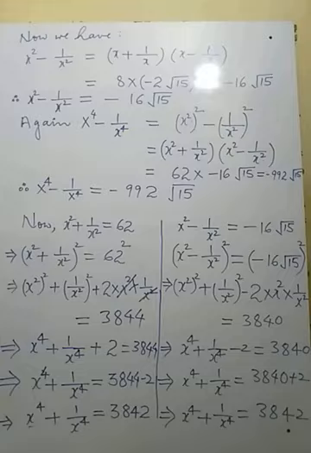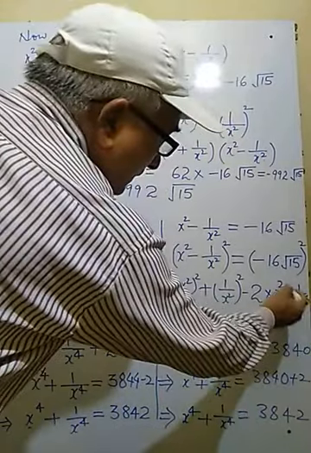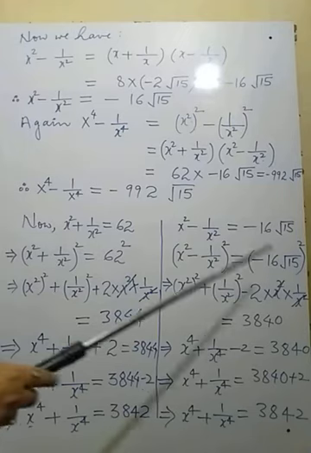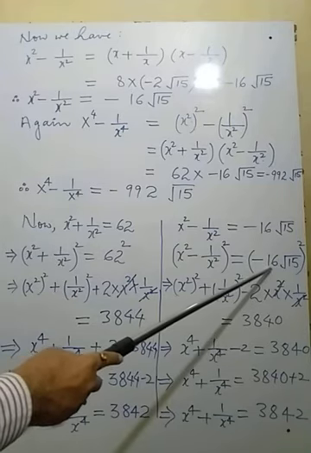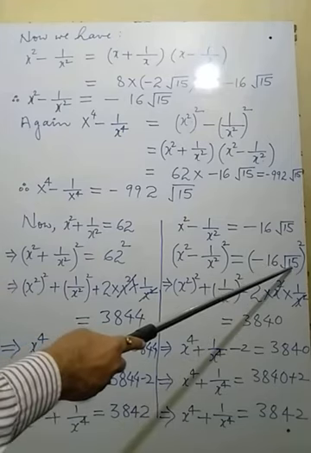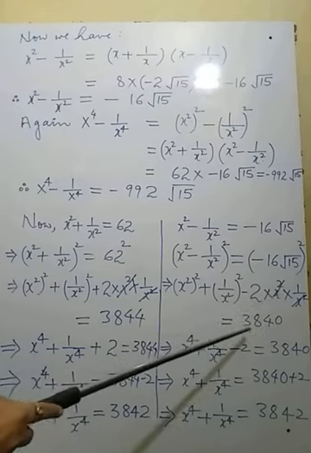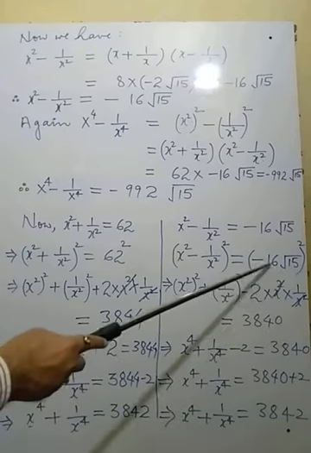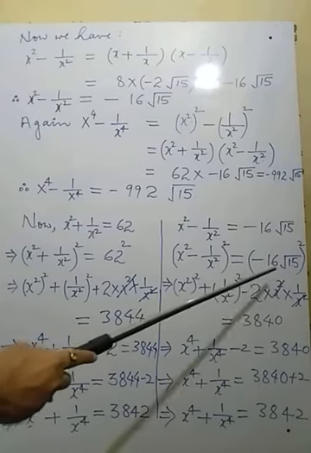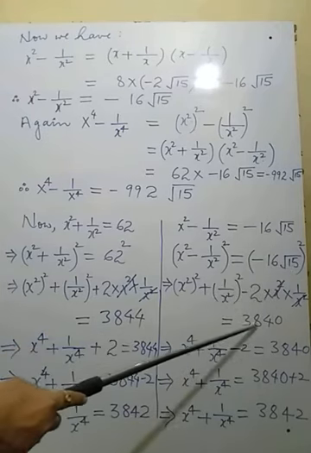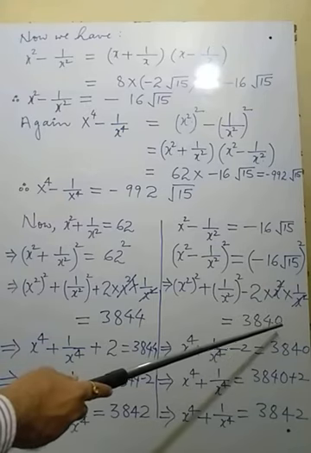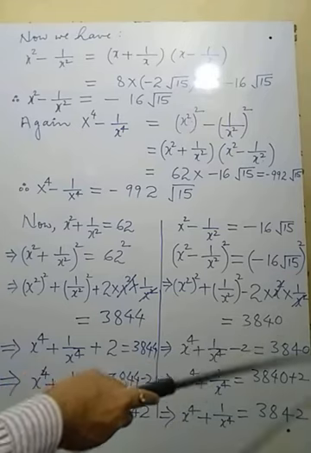Now see, this x square will cancel to this x square, and if you find out square of 16, so it will be 256, and multiplied by 15, it will come 3840. If you multiply 16 into 16 into under root 15 into under root 15, so that will come 3840. So you will calculate in rough column. It is your homework. So you will perform in rough column.